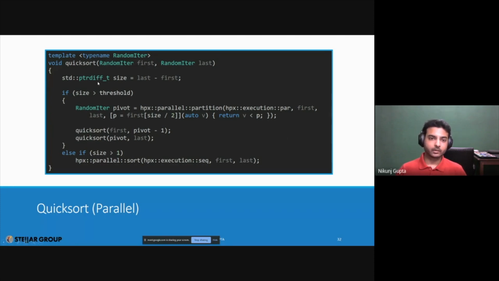So we have a certain threshold overhead. I do not define a threshold, but it could be defined anywhere in the program or in the library that you want. So based on that threshold, if your size is greater than that threshold, we go ahead and we recursively call quicksort this time. But finding the pivot has been parallelized to some extent. And similarly, if the size is less than that threshold, what we could do is we could call sort on that part of the container, the subcontainer, and we can run things sequentially to ensure that there's no thread contention.